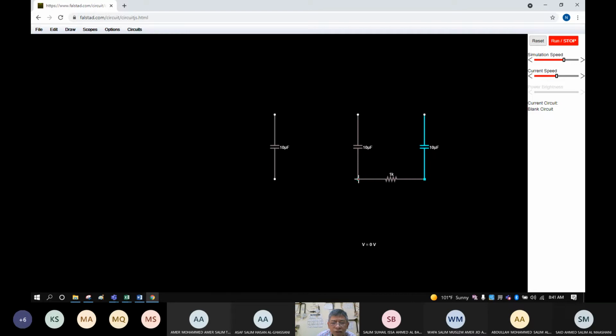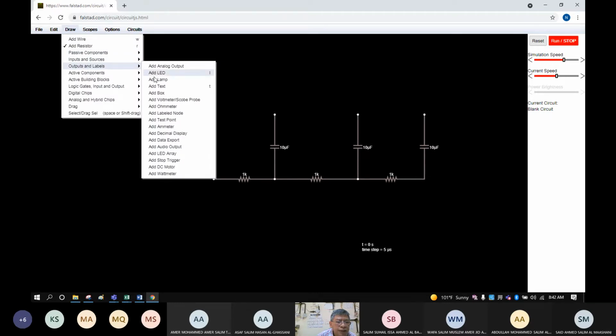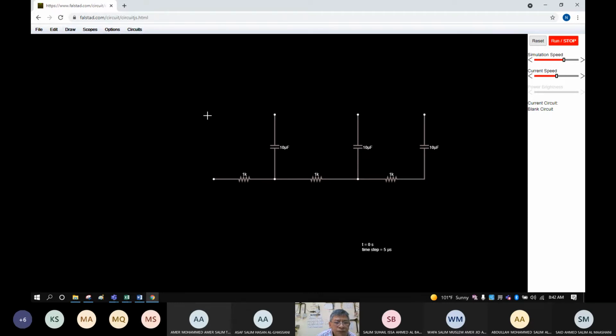This is capacitor. This is resistor rather. Another resistor here, and then another resistor here. Then draw output and level ammeter. We need ammeter here. Okay, like this.